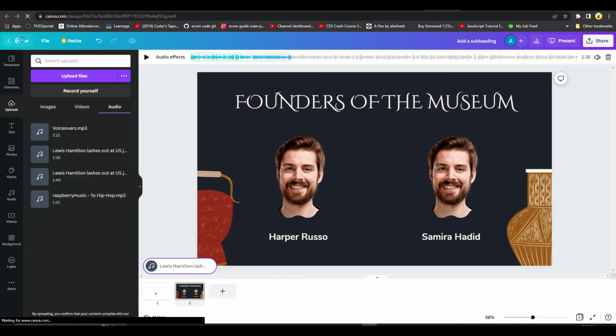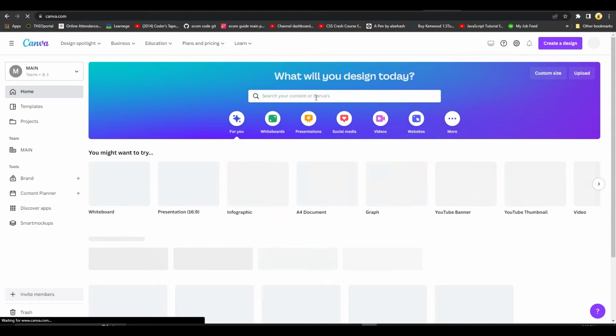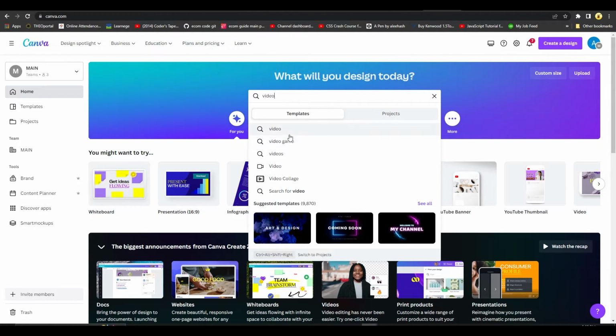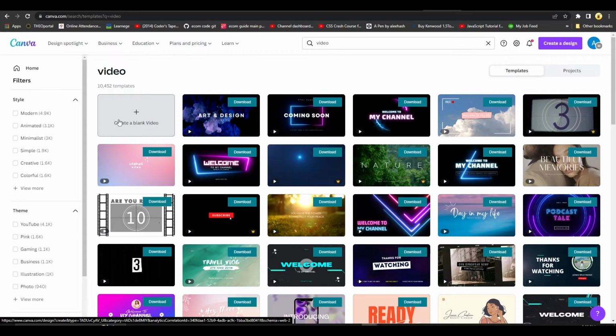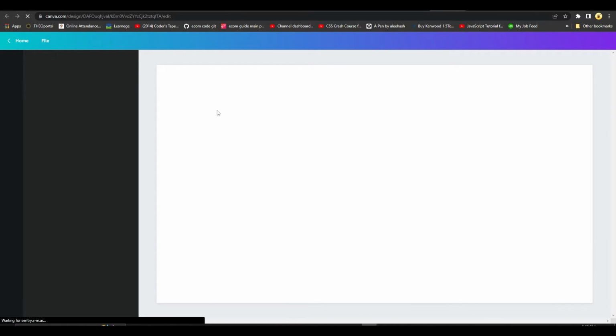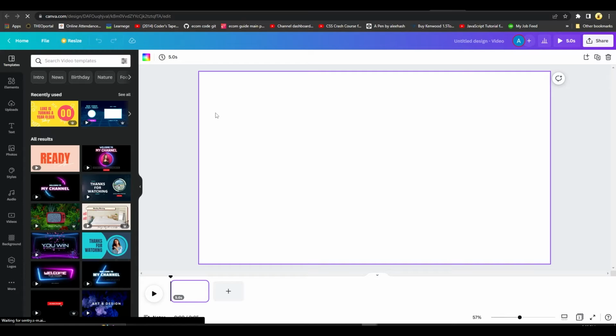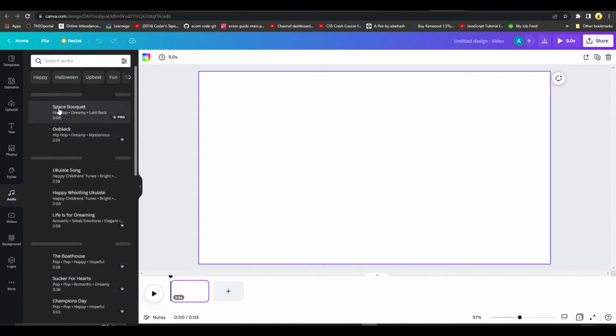process is to firstly of course come back to the home page of Canva, and after that create a brand new video canvas. And then once you have a brand new video canvas, you can either choose to go with any one of these templates, or you can simply choose to proceed with a blank video. And then once you do that, now from over here it's going to basically give you the option to of course add in as many videos as you want, and you guys can simply drag and drop music over here